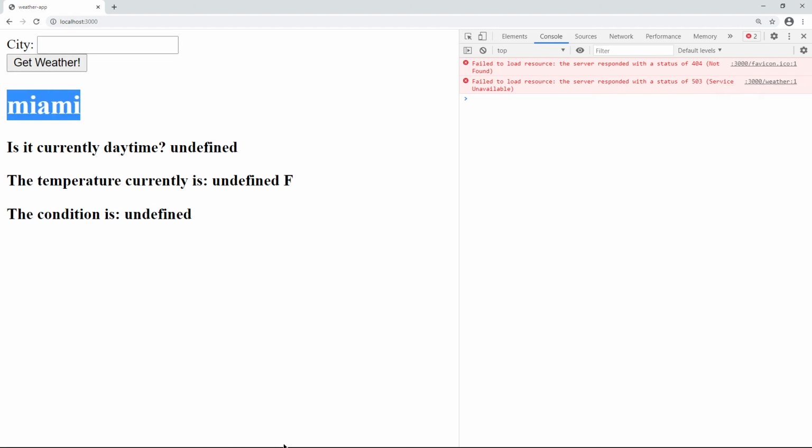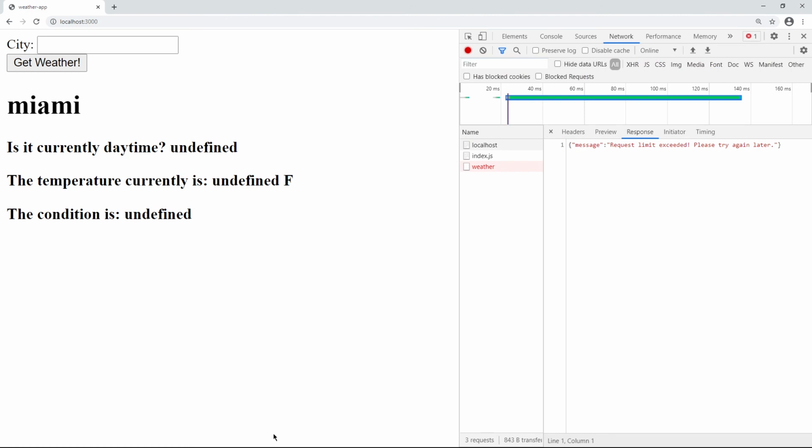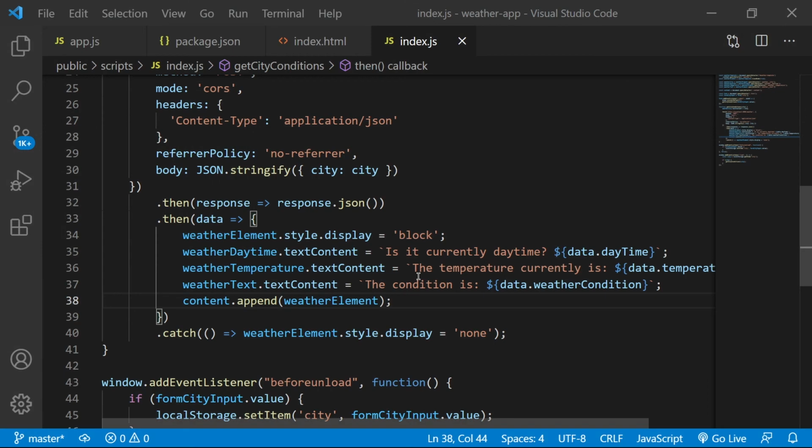Let's think about why it's still showing. Wait a second, failed to load resource. Server responded. Weather element. Display none. Do we need to have this in more areas?